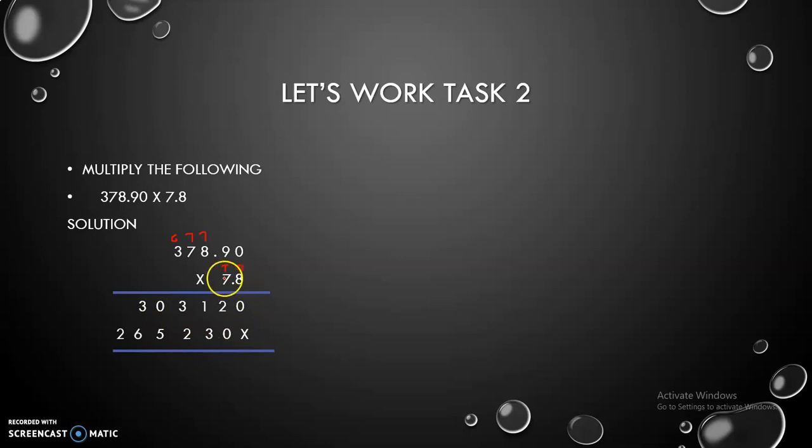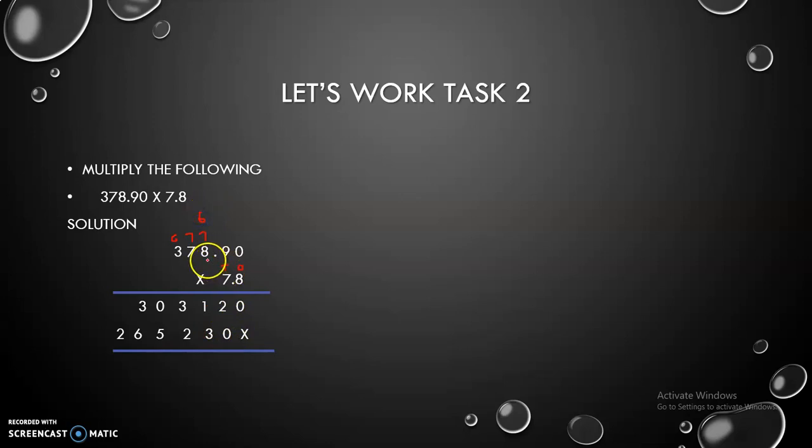we have to multiply this 7 by the whole multiplicand, and this 7 is on 10th place. So on unit place or on one place we have to write the cross, or we can write 0, and then we have to start multiplication from the 10th place. So 7 zeros are 0. 7 nines are 63. 3, 6 carry.